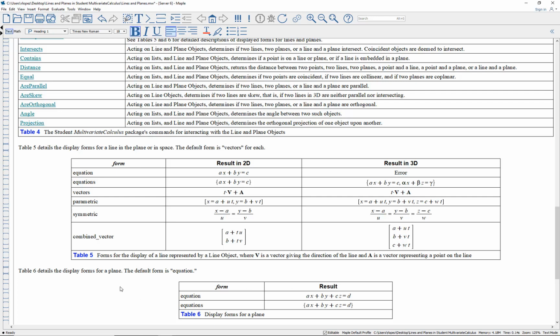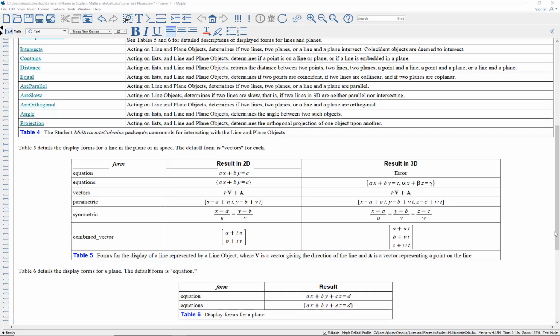If you ask for the equation of the plane, that's exactly what you get. If you put an S on it, it comes back as a set. And that's the only way you can represent the plane. With respect to